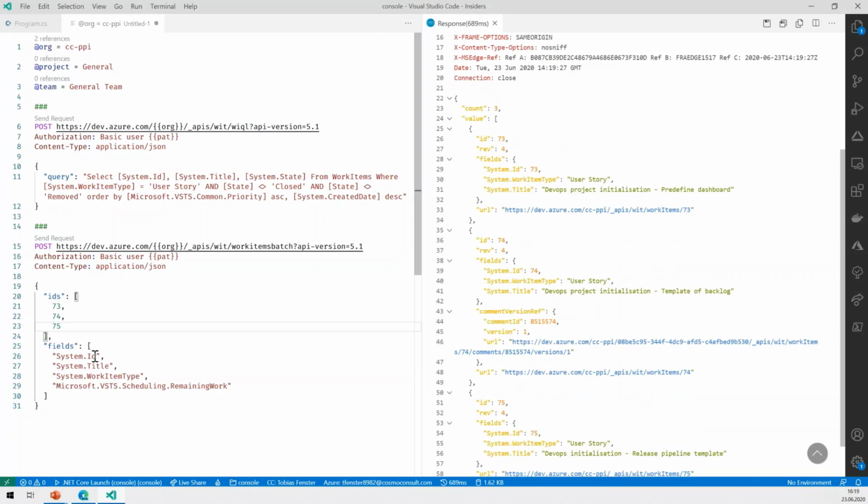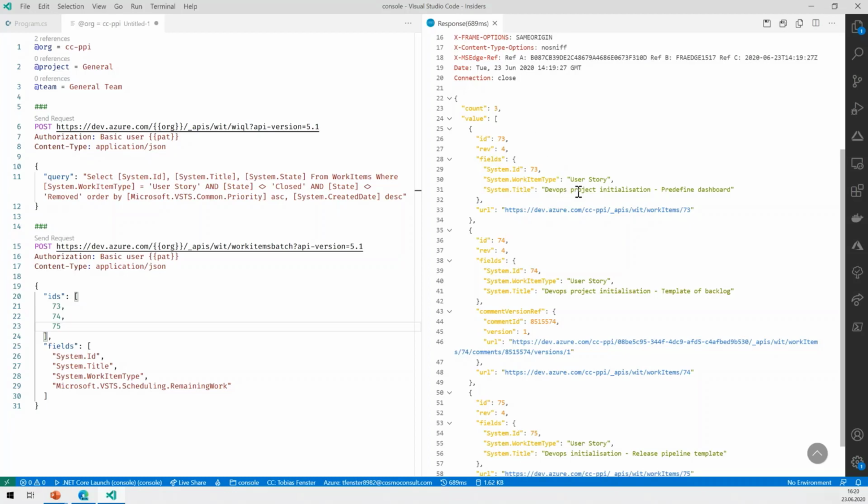You can see we have requested ID, title, work item type, and remaining work. What we get back is ID, work item type, and title, because we don't use remaining work. That's just to show you that you don't need to have all the fields in here. If we would query across multiple projects or multiple work item types, and you would have some kind of data only in a specific work item type, you can just run that query. If the data is there, it will be returned, and if it's not there, it just will be omitted.